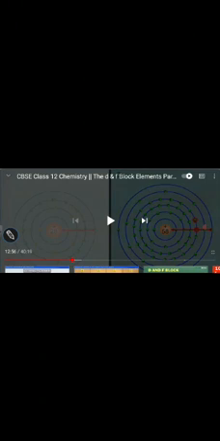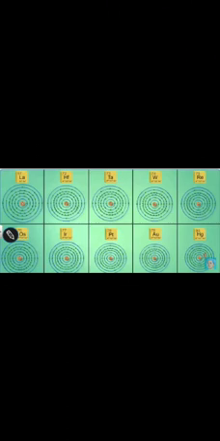Here it is explained why the lanthanides have almost the same atomic radius, because of the penultimate shell. This is called the ultimate shell, this is the penultimate shell, and this is the antepenultimate shell. In the F block elements you have these electrons in the antepenultimate shell, and these cause more shielding because they influence the outermost electron, whereas you can see the d orbitals are not that diffused, so they do not cause that much screening effect. So the atomic radii do not vary that much.